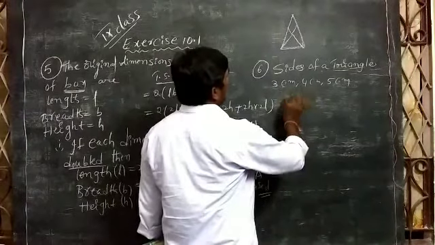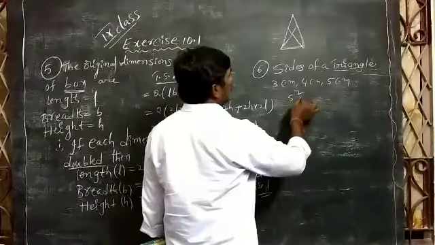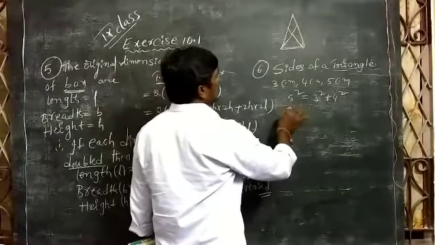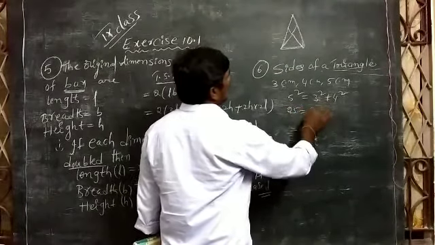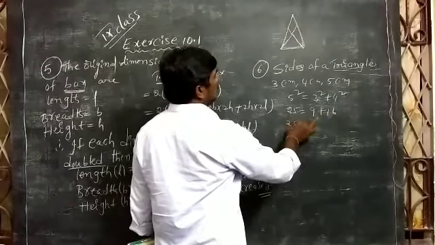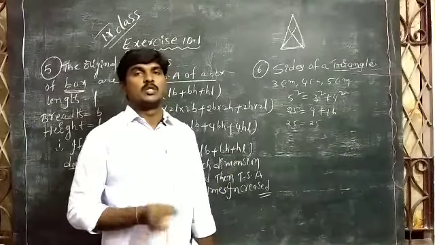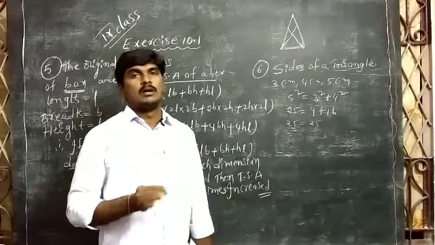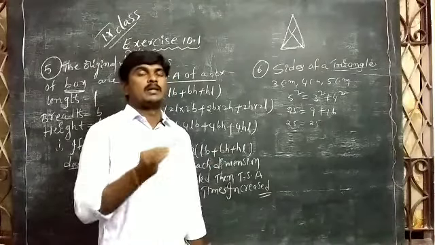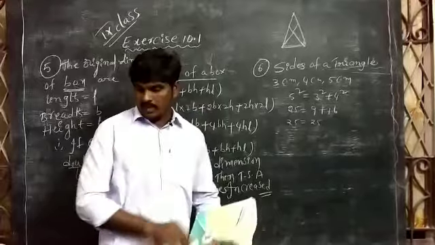Roughly I will explain for you. Among these 3, the biggest number is 5. 5 square is equal to 3 square plus 4 square. 5 square means how much? 25 is equal to 3 square means 9, 4 square means 16. 16 plus 9 is 25. So left hand side is equal to right hand side. Those measurements satisfy the Pythagoras rule, so we can say they are a Pythagorean triplet. That's why I am telling you they are the measurements of a right angle triangle.